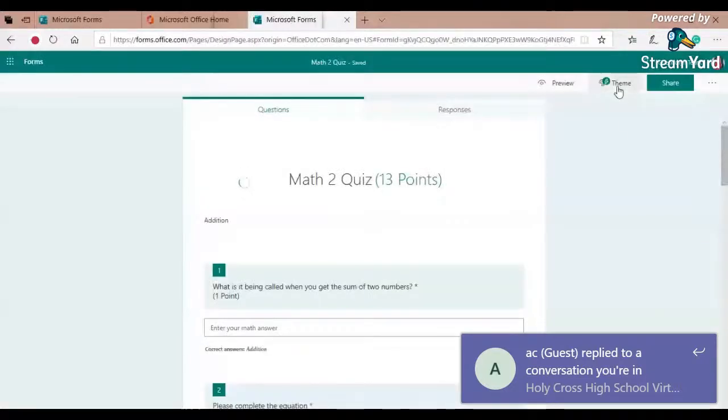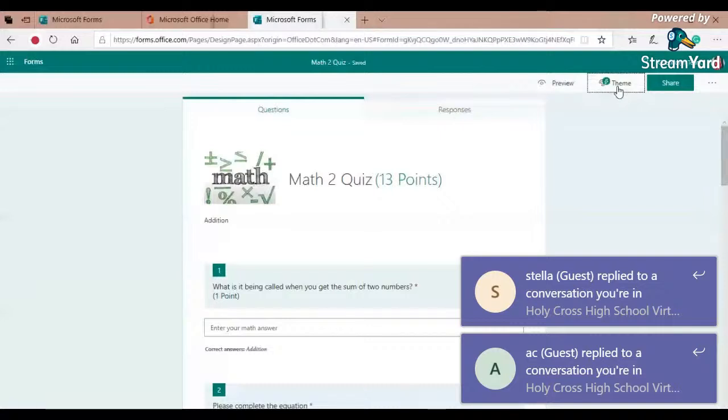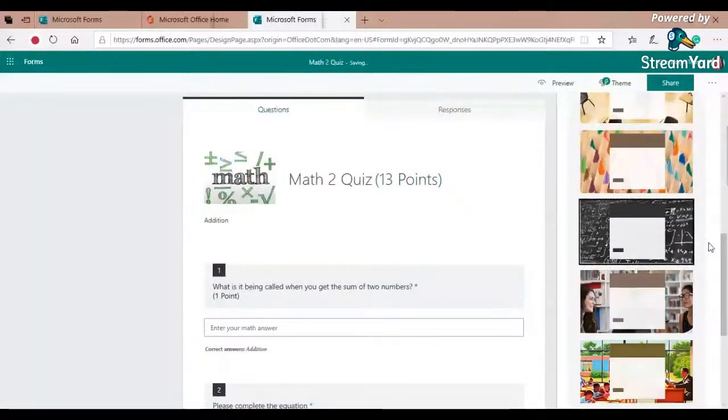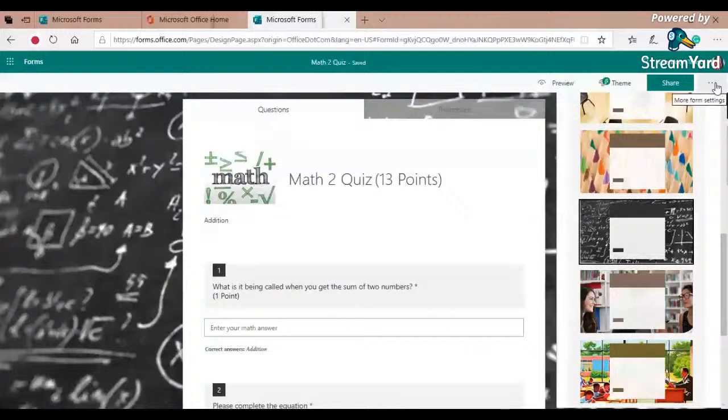Now I will select the theme. Okay, I will select this particular one, yes, this one. I will select this theme. It will add visual pop to your form. Yes, there you go. Now, after that, as you can see, when you're done with your questions, we're ready to send and share to everyone in your team or any people with the link and respond. So let's now click share.